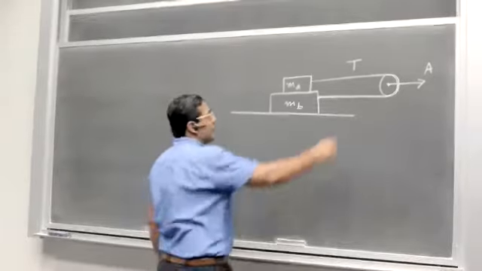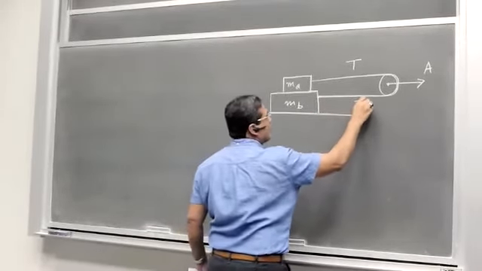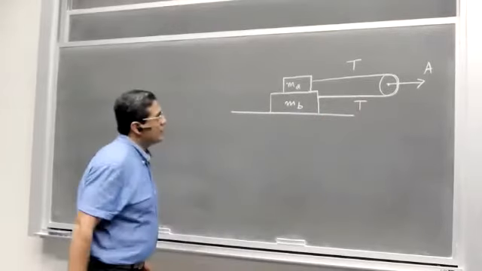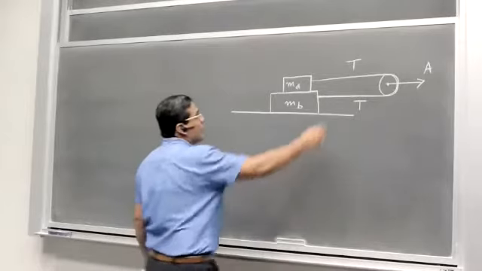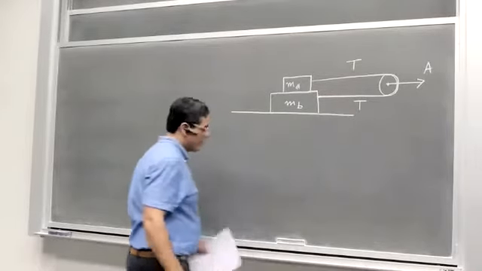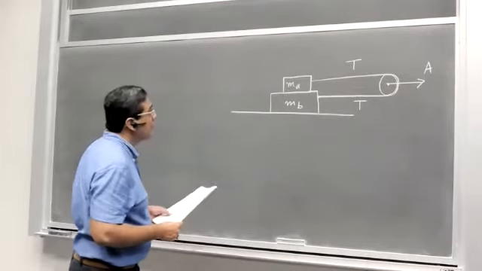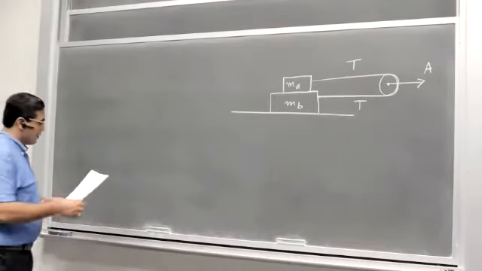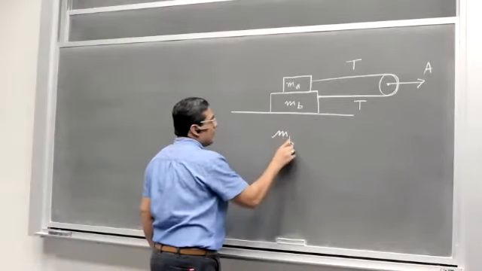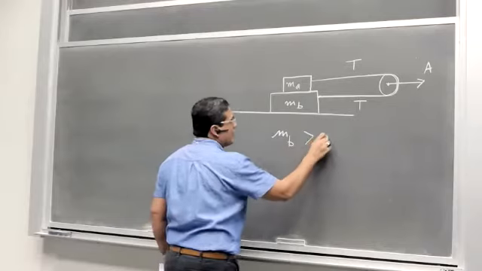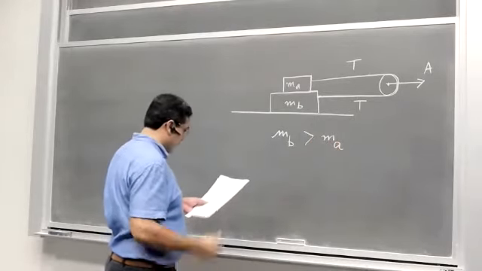Okay, the tension in the string here and here would be the same because we are taking a massless string. So the tension, we just need to find one and then we would know the other. That is more or less the problem. There are a few more things given about this problem, that the mass of block B is larger than the mass of block A. All right, the rope is massless,